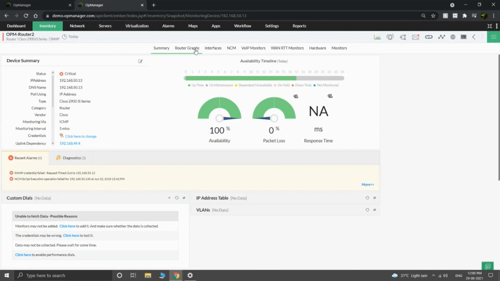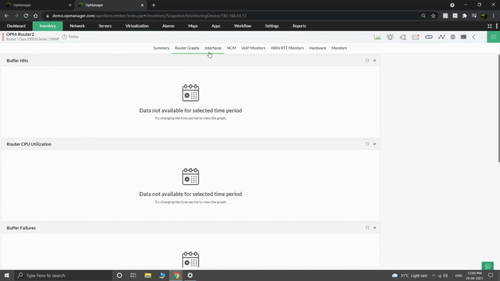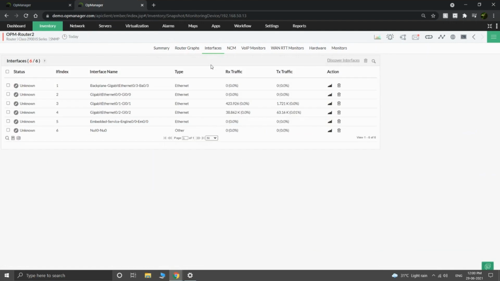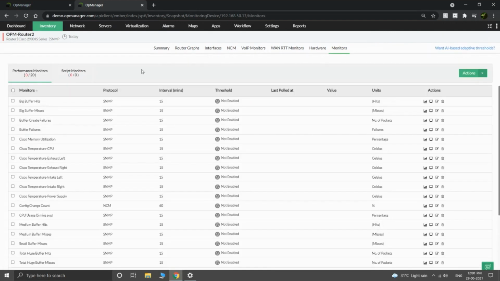You'll also have router graphs if you have configured any. You'll have all the interfaces that are associated with your router, so those will be discovered in OpManager, and you can have a look at the performance of it at any given time. And you'll also have all the monitors that are associated with your router or any network device of choice. You can find it under the monitors option.